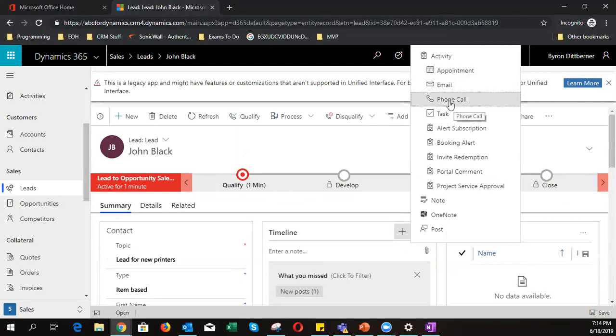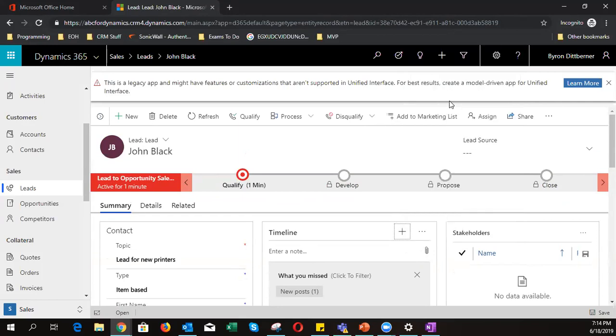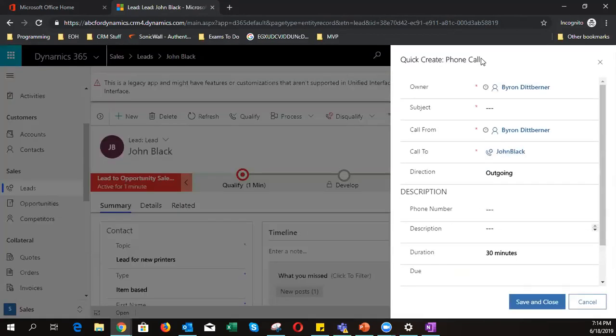Now, the phone call one, let me explain this to you. Logging a phone call basically means I'm logging that I phoned and I spoke to him. It's not actually phoning the person per se. All right, so let's log a phone call. If I click on log phone call, it'll open a quick create form on the right. So let's say